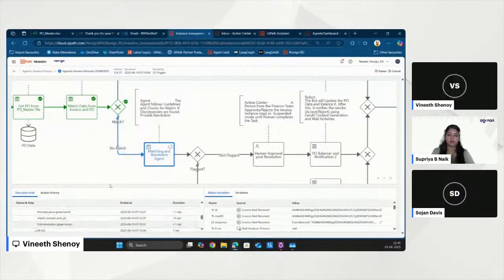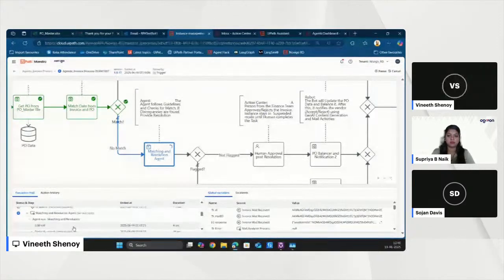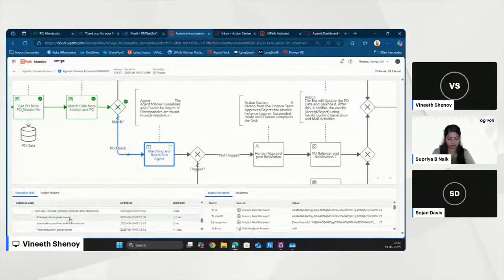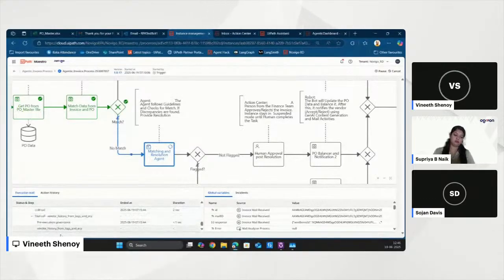So yeah, as you can see, as a developer, you can access this log and see where the agent is right now and how many LLM calls have been done. So it has run the matching process. It tries to do a two-way match, and then it tries to use the same context grounding that the autopilot had used. So it finds the resolution steps, and then it checks for logs.